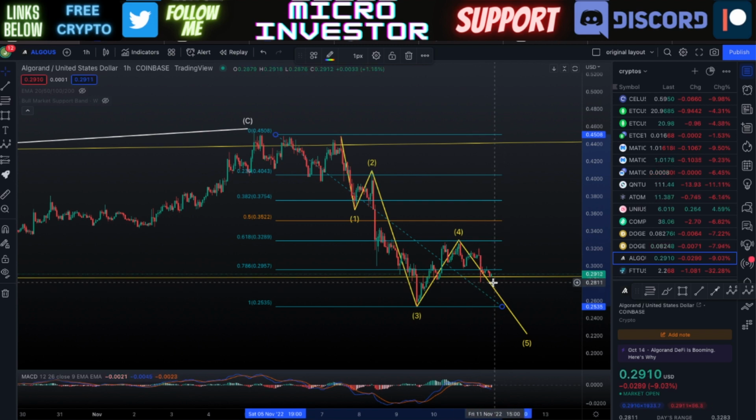So at some point, I'm thinking that we're probably going to be losing this support that we're holding within this trend line, and Algorand's going to come down very similar to what we had seen within the wave three after it had dropped below that trend line, and that's kind of the reality right here. So after we complete that, then I would say that the bottom could possibly be in at that time, because the Elliott Wave theory would say, yeah, we've completed this pattern, and then there can be a move to the upside. But at any moment, the whole drama with FTX could just change things, and we could be seeing the price drop.